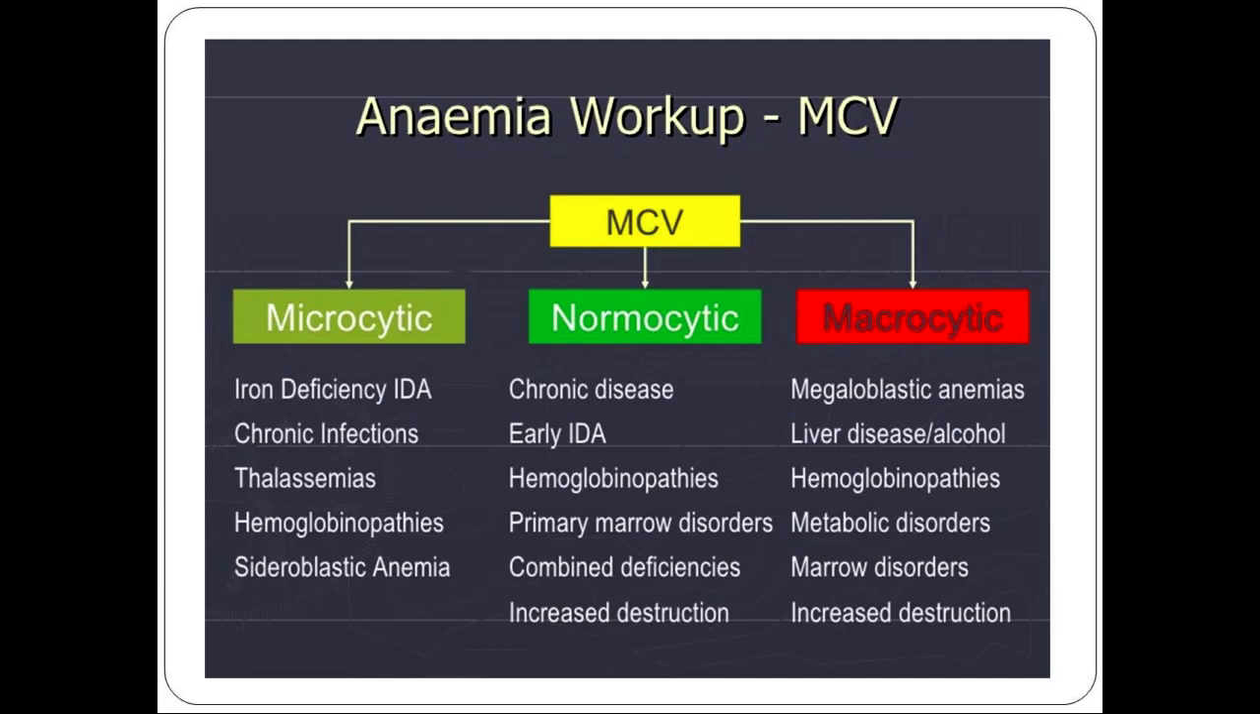The normocytic we're going to see in chronic disease, like we talked about before, and early iron deficiency anemia. And then the macrocytic we might see in megaloblastic anemias or liver disease or alcoholism. The other ones are more specialty things. So the good news is if you get a CBC and you're finding some of the stuff and you're not